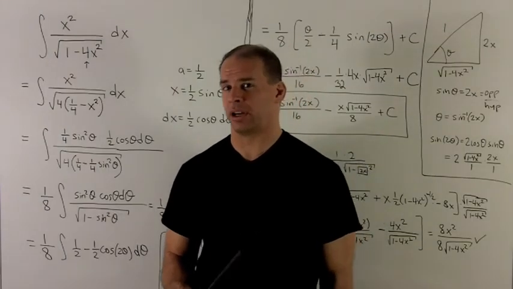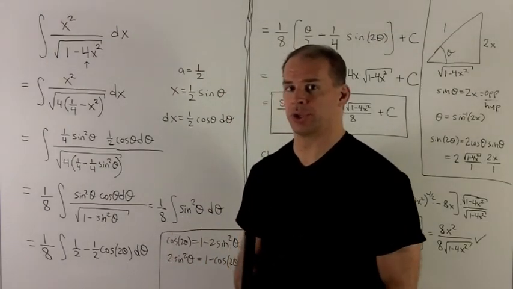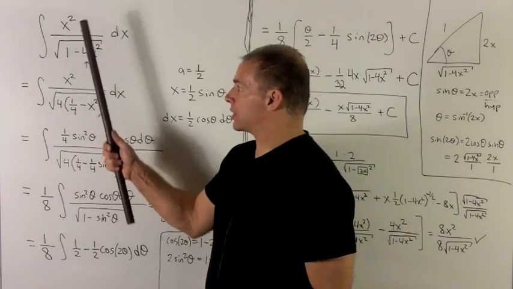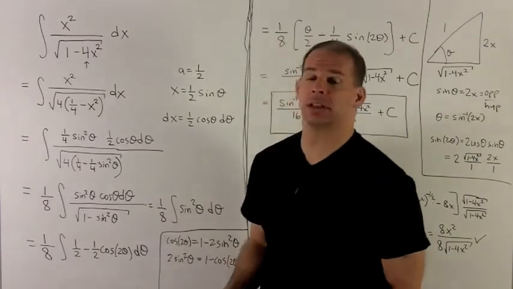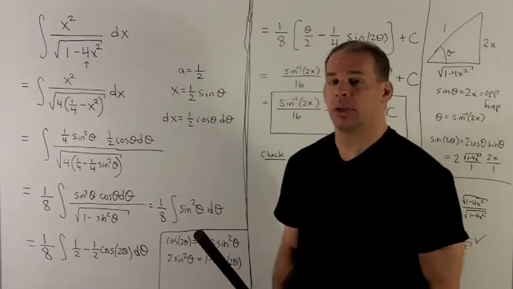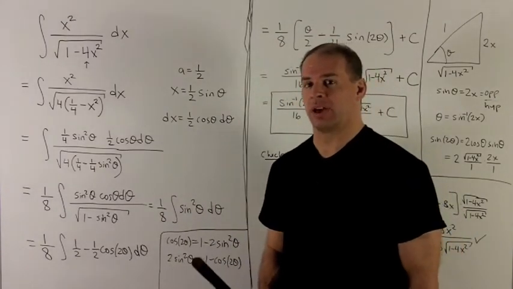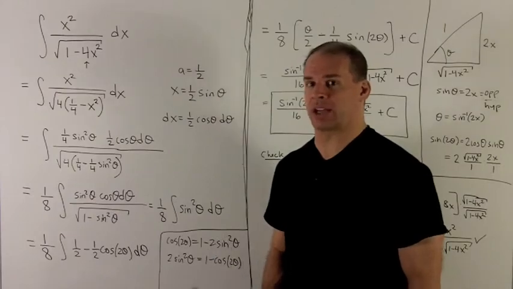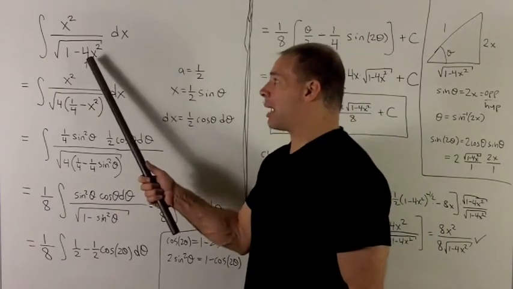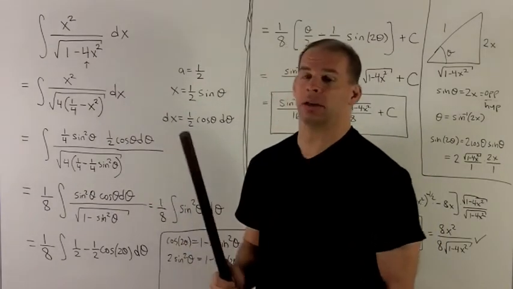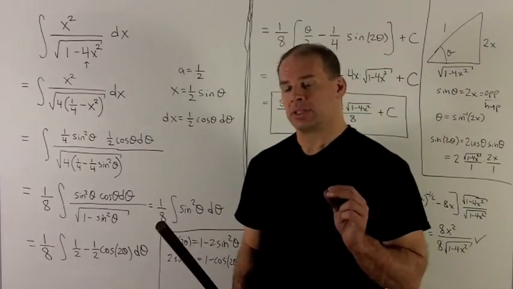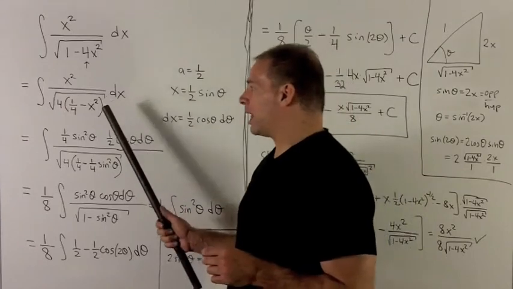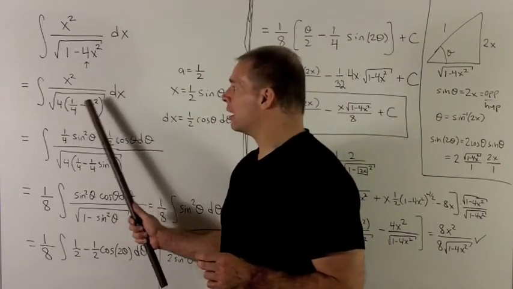Now let's find the indefinite integral using a trig substitution of x squared over radical 1 minus 4x squared dx. If you notice, we want to try to put this thing in terms of radical a squared minus x squared. It's going to be a problem because we have a 4 here. It's a problem, but it's solved pretty quickly when we realize that if I factor a 4 out of this